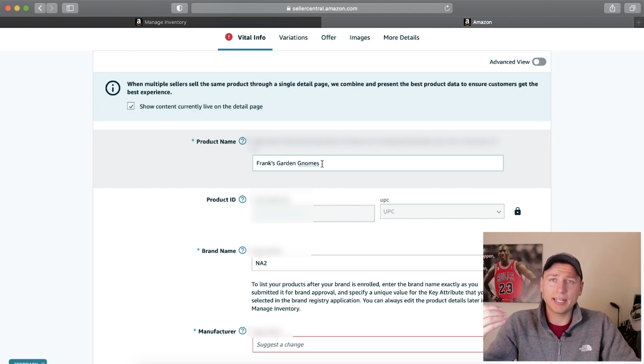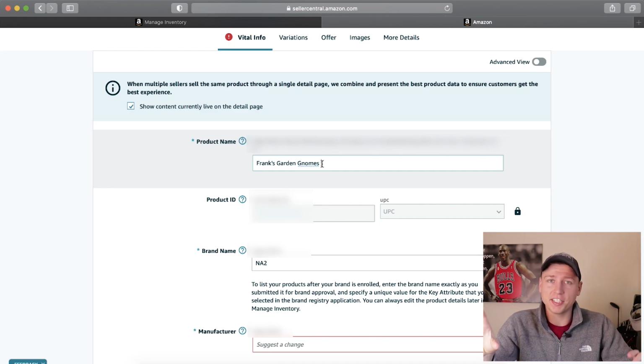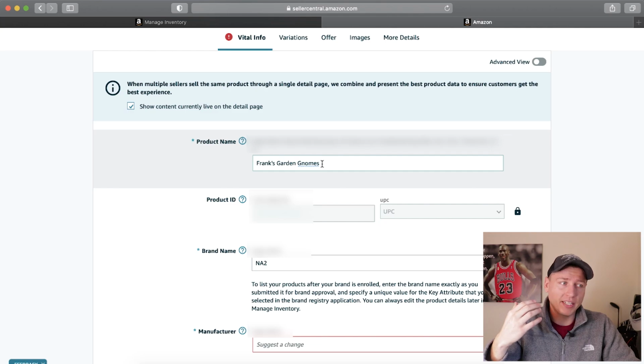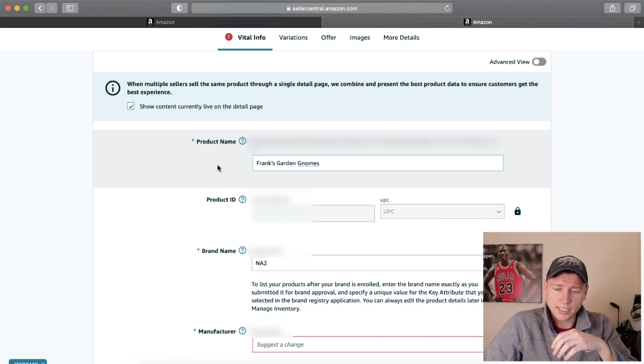Now, a lot of people might experience this issue where they go to change their title, but nothing happens, right? It says it's success, you save and finish, but nothing happens. So this is a huge annoying issue, and this is something you're going to have to go ahead and get taken care of with the catalog team, or at least get the first step with the catalog team, and then try to fix it on your own. So before I show you the best way to contact support and what to say and everything like that,